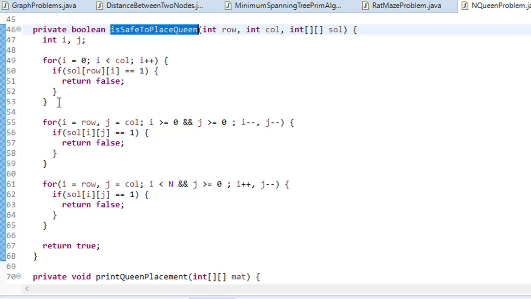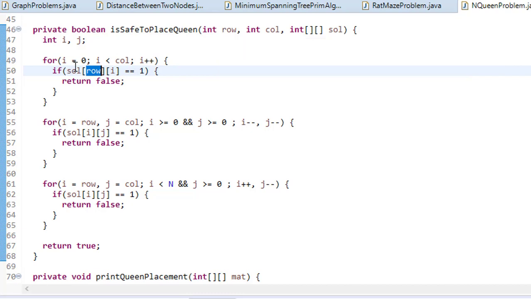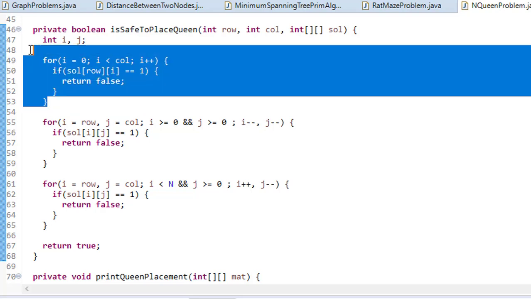So this is the row wise checking. What it does, if you see, this row is fixed, but we are checking the columns, because we need to check on this particular row where we are. So we need to check each value in that particular row. That is why we are saying i equals 0 to column, because we only need to check on the left side, right? So we are checking if in the row any value is 1, it means I cannot put the queen in this row. So I return false immediately, right? So this is the first row condition.